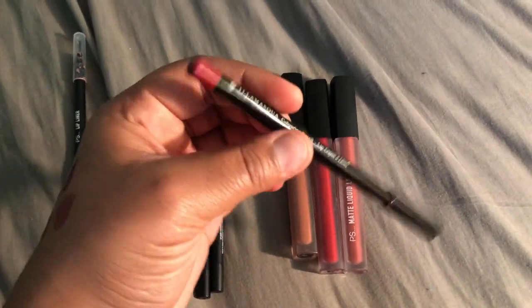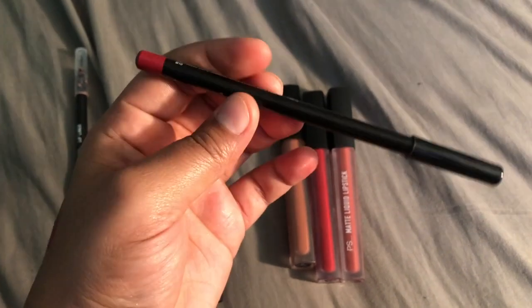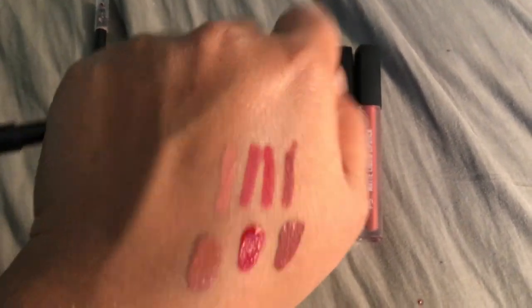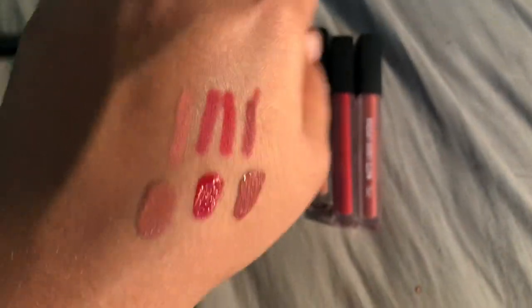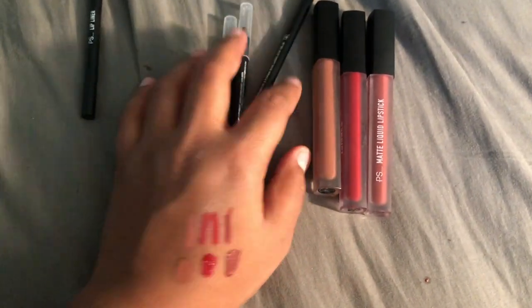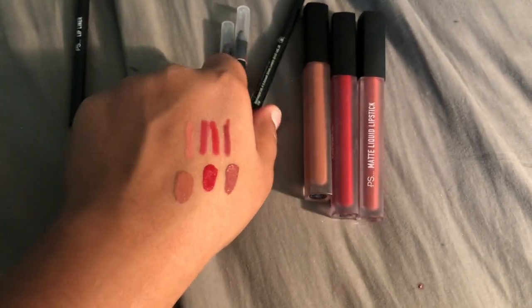This next one is the Illamasqua coloring pencil in the shade Lust, and I do really like this. I think it's really cool. We got this in a subscription bag, but it's the second shade from the pink shade. It's that second one, right? It's really hard to explain. It's just the second one on my hand, going from this way to that way. Anyway, it is